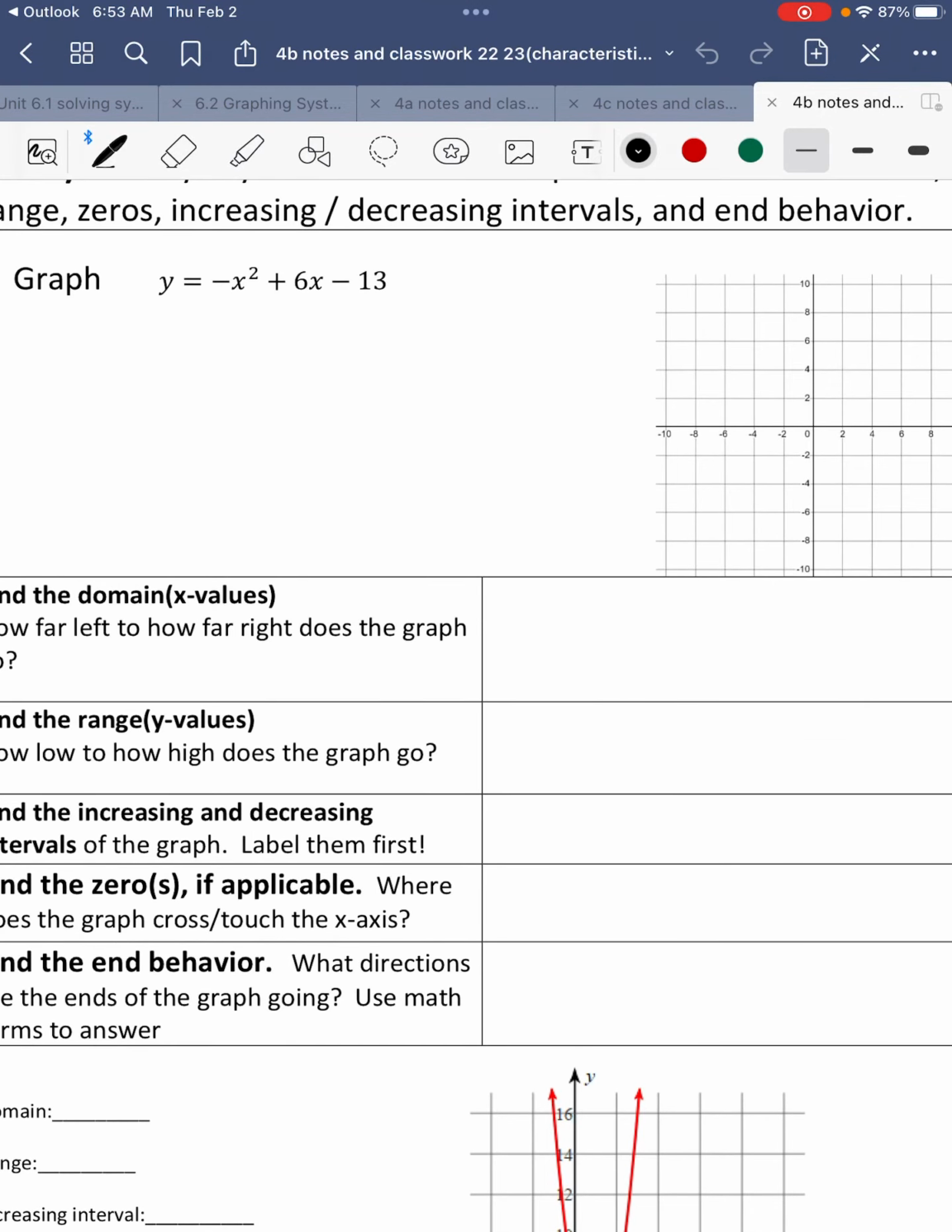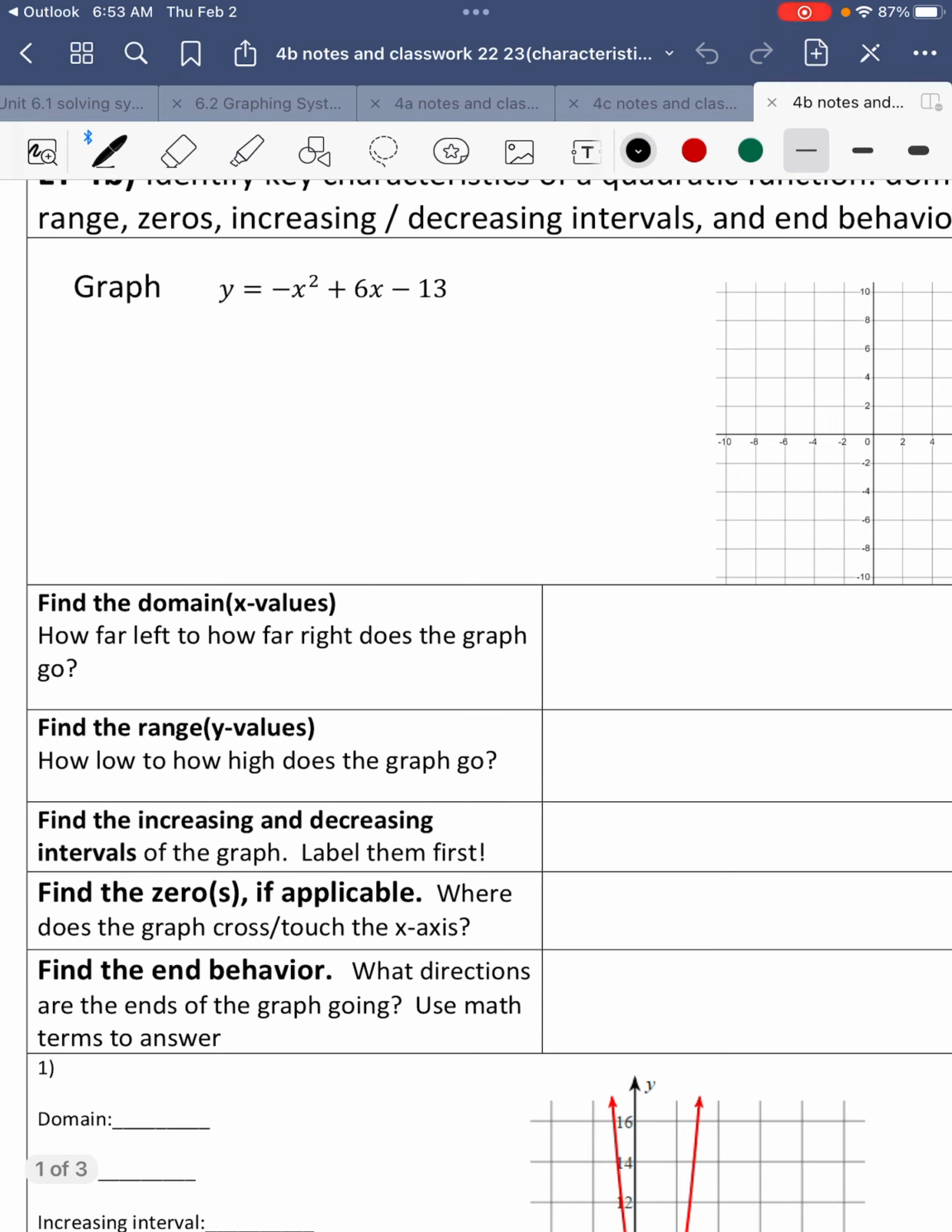All right, let's graph. This is 4b, so we're going to graph this equation. We have x equals the opposite of b over 2a, negative 6 over negative 2, which is 3. So we're going to substitute that in for the x value, and we get y equals 3 squared is 9, minus 9 plus 18 minus 13. So that's 9 minus 13, which is negative 4. So we have our vertex at